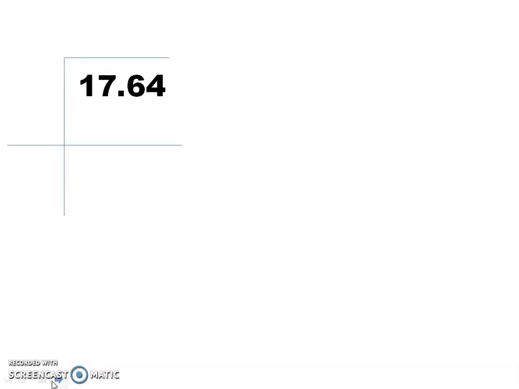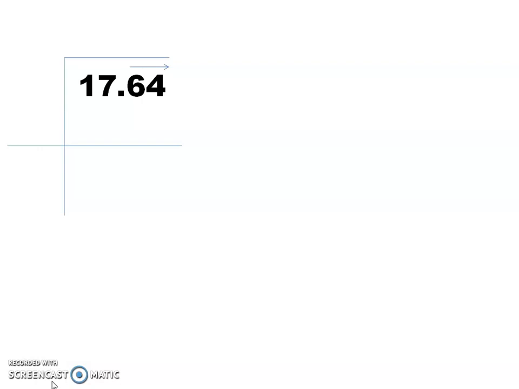Here you are going to learn how to find the square root of 17.64. You know how to find the square root of whole numbers. In that we used to pair the group from right to left, isn't it? Here, one condition is different. The whole number part is 17, and the decimal part is 64.